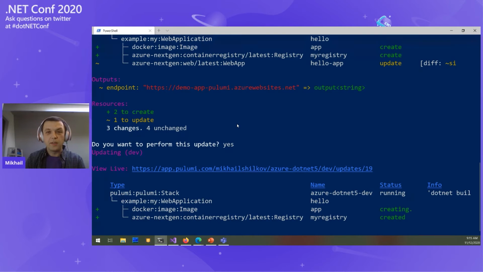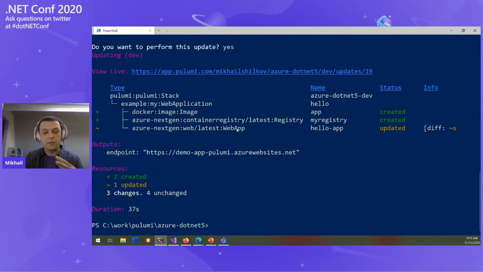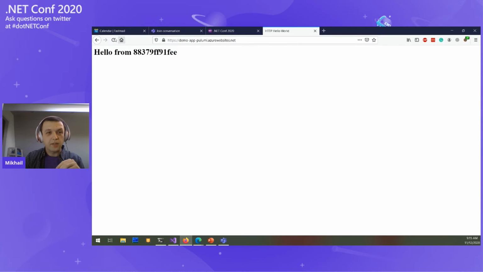And then when this is done, it will be time to update a web app to point to that new registry, new Docker image. So every time you change your program, you compare your preview with what you expect. If it's okay, you hit yes, and then only the difference is being deployed by the tool. So now, again, probably it will take a minute or so for app service to refresh with a new Docker image. So I'll just go ahead coding